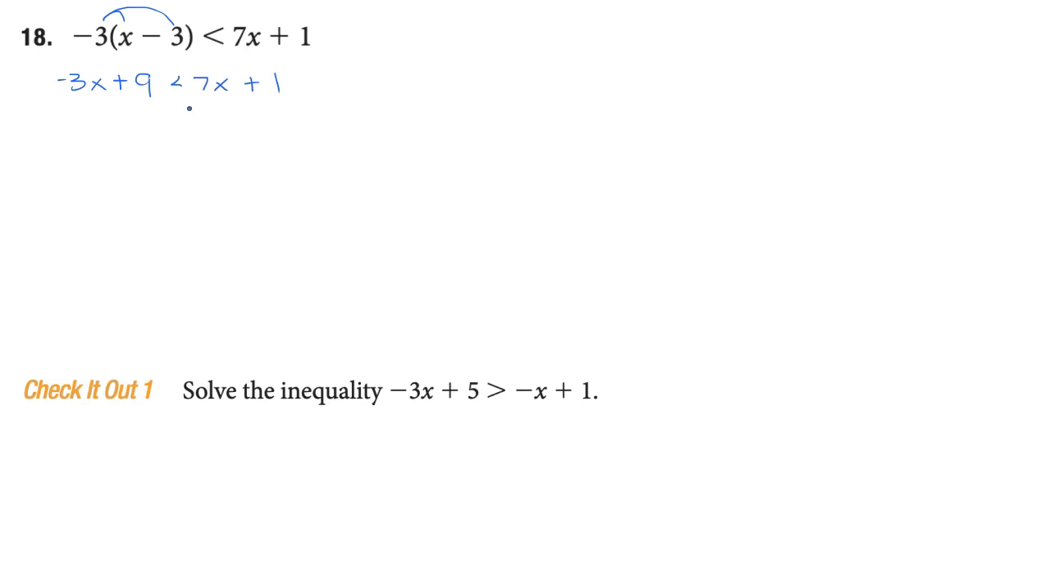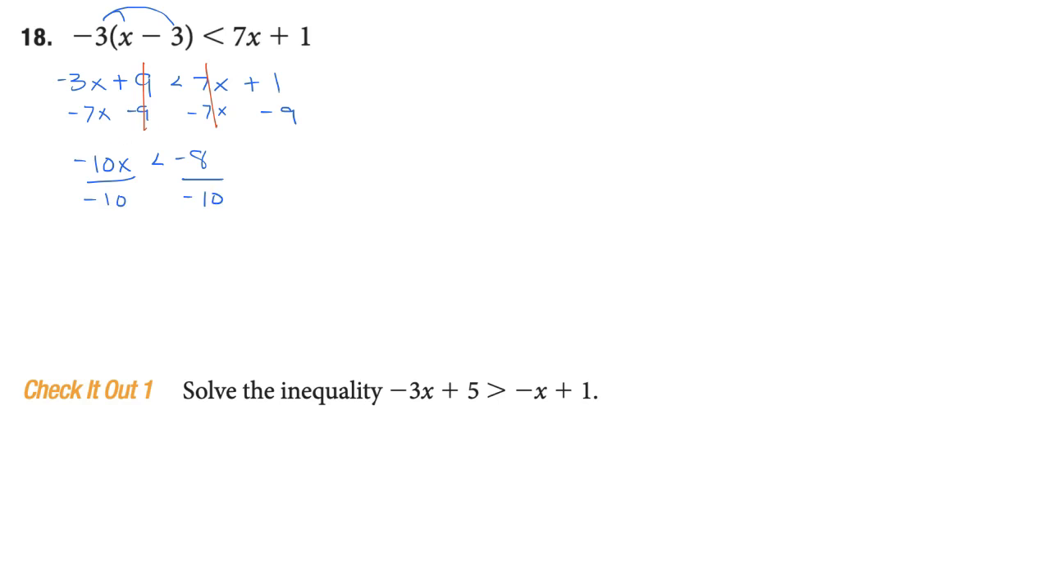Okay, so the next thing I'm going to do is bring my x's over to the left and get my constant over to the right. So the 7x subtracts out and the 9 subtracts out, and I get -3x, be careful with your negatives, minus 7, which means we're basically adding the negatives, and we get -10x is less than -8. All right, so the next thing we're going to do is divide both sides by -10,